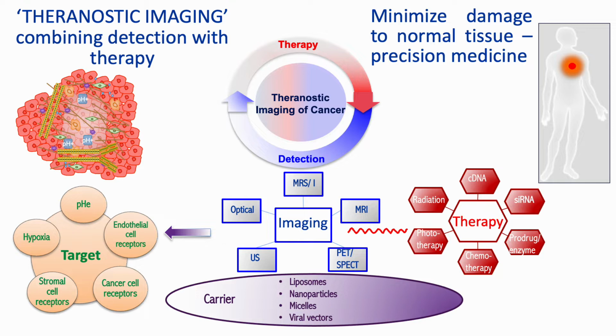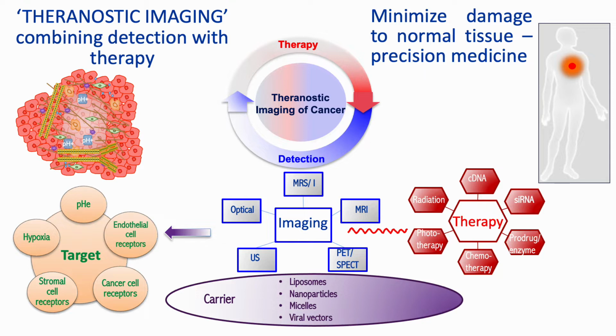And the carrier can be a liposome, or a nanoparticle, or a micelle, or a viral vector. But the important thing is that it is decorated with some imaging reporter for detection with either magnetic resonance imaging or spectroscopy, or nuclear imaging techniques such as PET or SPECT, or ultrasound or optical imaging. And then this carrier is targeted to some specific